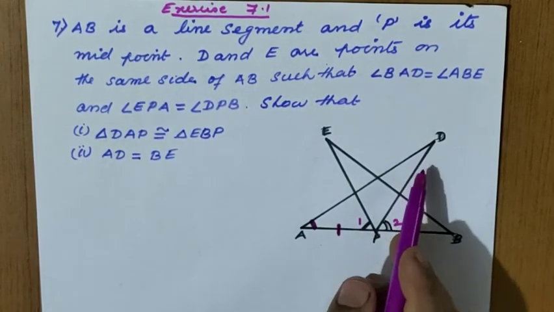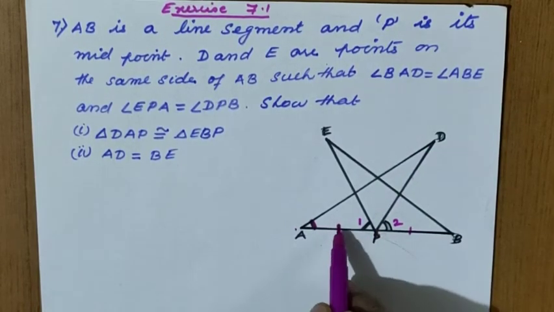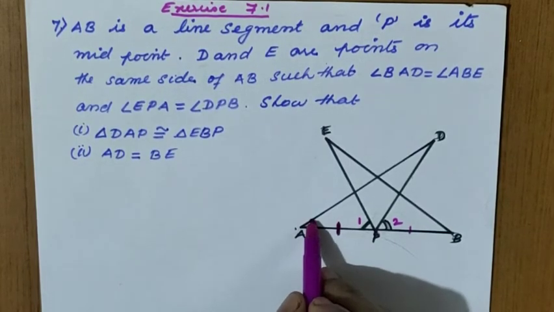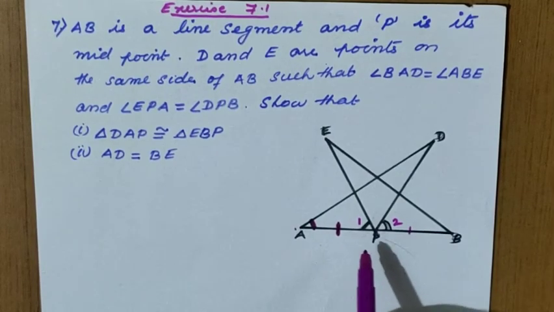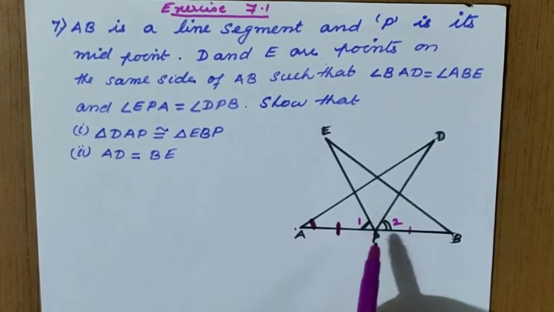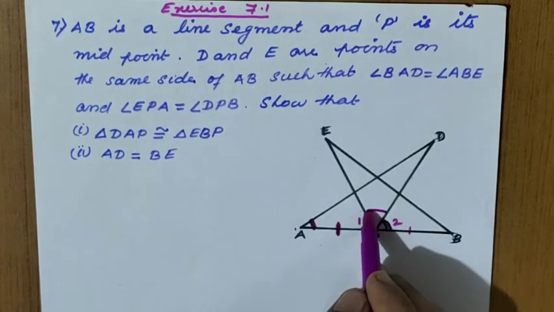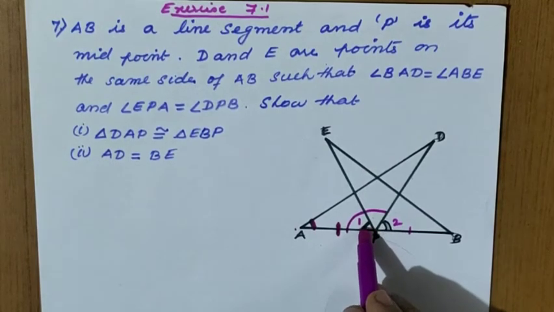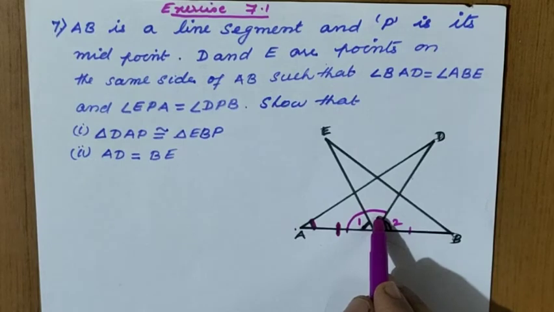So we have taken the triangle. Once again, see, DAP we have taken. In that the equal side is AP and the first equal angle is angle A. Now what should be the second equal angle? Because this is the included side, this will be the equal angle, right? For that we cannot do anything. Here only one equal angle is given, so this part is not given. This is extra for us.